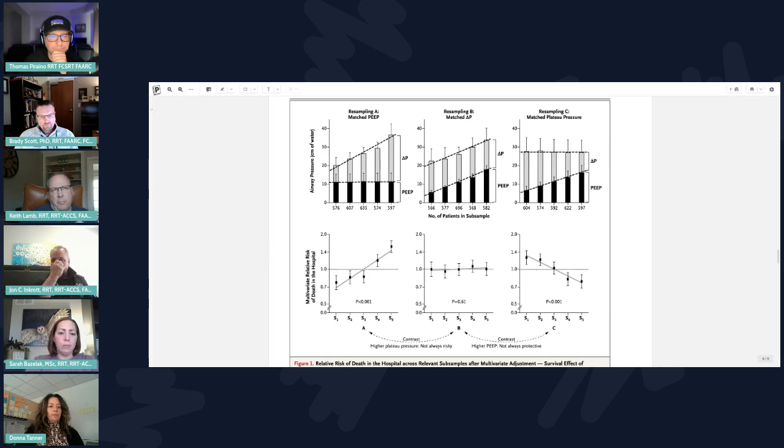And to put a finer point on it, if you think about outcomes in mechanical ventilation, we're going to talk about anybody who's on non-invasive ventilation also, but anybody who is intubated or has an artificial airway and is being managed on a mechanical ventilator, not just the ones with ARDS. A lot of this data is driven by sick ARDS patients.